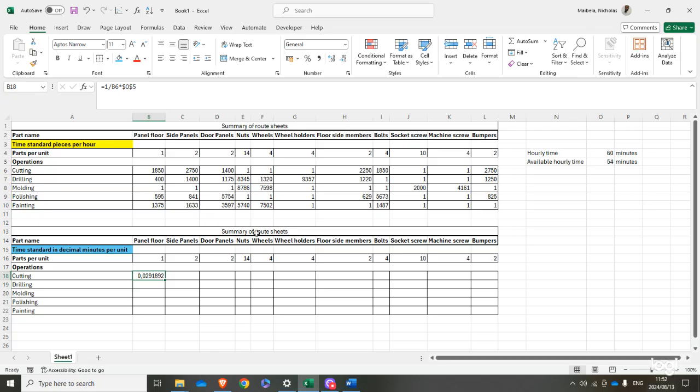And you're going to click enter. Now when you are calculating your time standard in decimal minutes per unit, it is always best practice to round it off to 3 decimal places, and I'm going to also require you to round off to 3 decimal places. So how you reduce the number of decimals, you just come here under the number group, and then you click on decrease decimal, right? And then so yeah, this is now 3 decimal places. So with absolute referencing, you can just simply drag up until bumpers, and then you would have calculated your